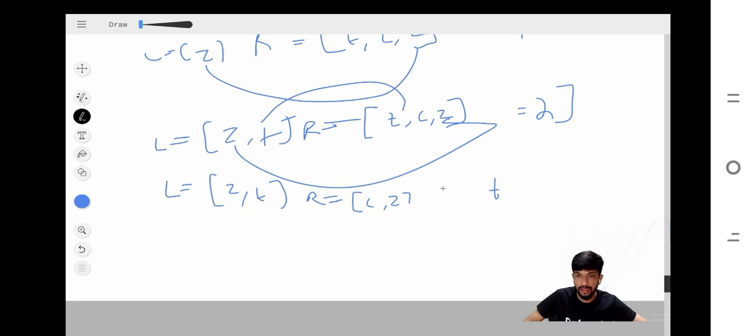E, Z, Z, E, E, E, Z. Right? So now we are at what point? We are at this point. So the distinct elements here would be Z and T, and the distinct elements here would be C and Z. Right? Again, now if we compare the common elements, we essentially get Z here, and that's the only distinct common